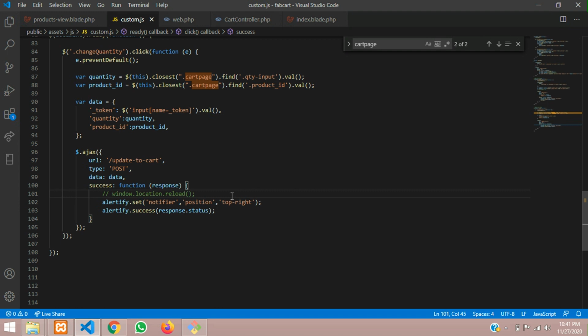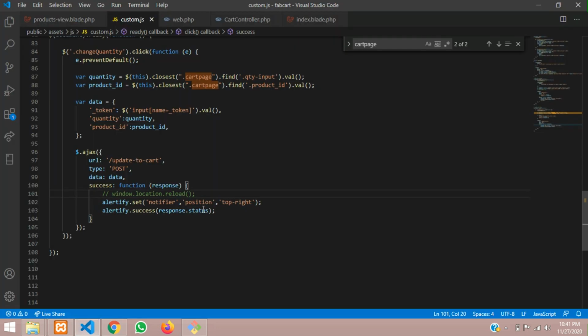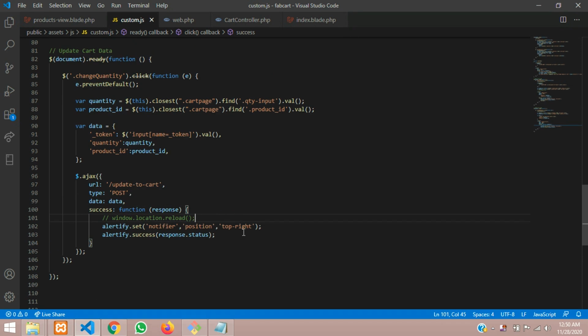Once the success is coming, you are loading it, right? Instead of loading it, you want the data to be reflected directly over here. So without page reload, we have to load the data over there.